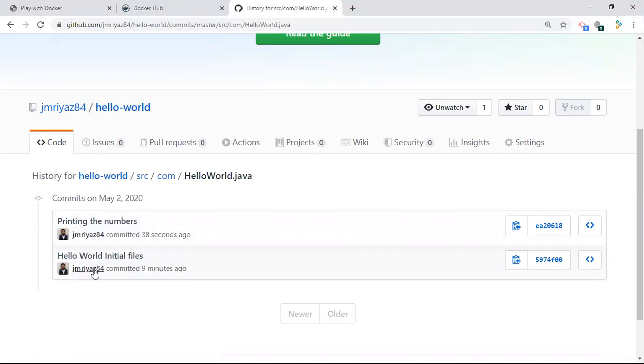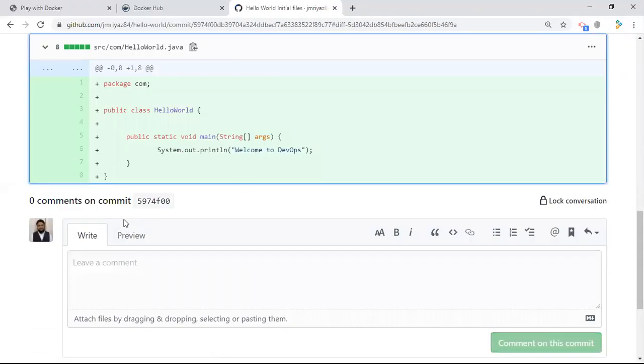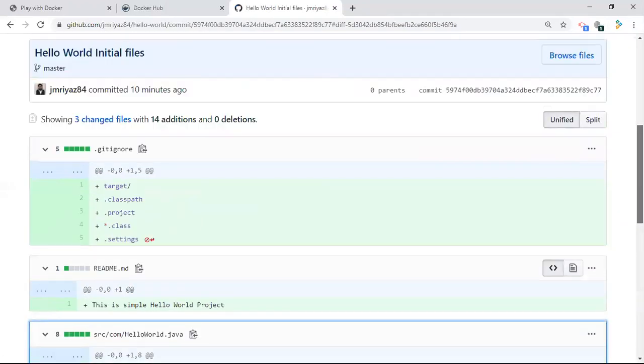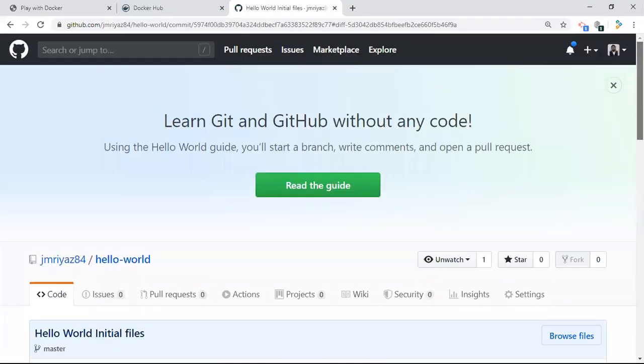Okay, if you want to take only this code, you can take it by using this thing. If you want to take the latest code also, you can take it by using this thing. This contains only this much code. You can take it. Okay.